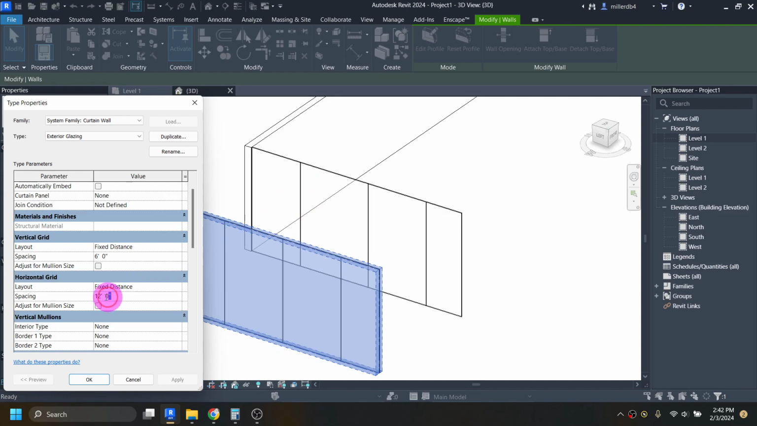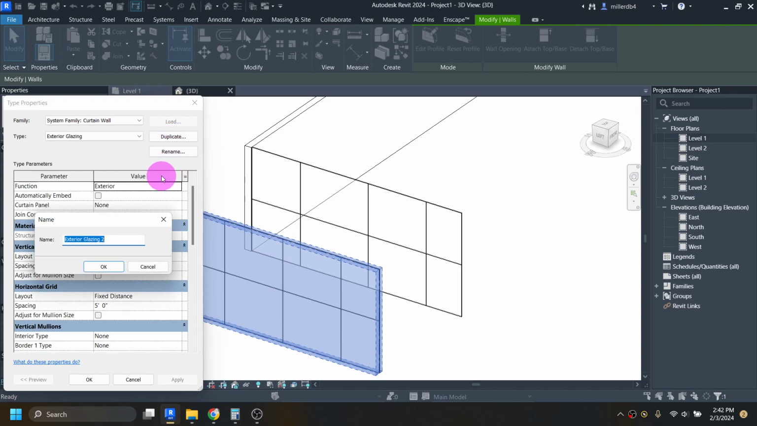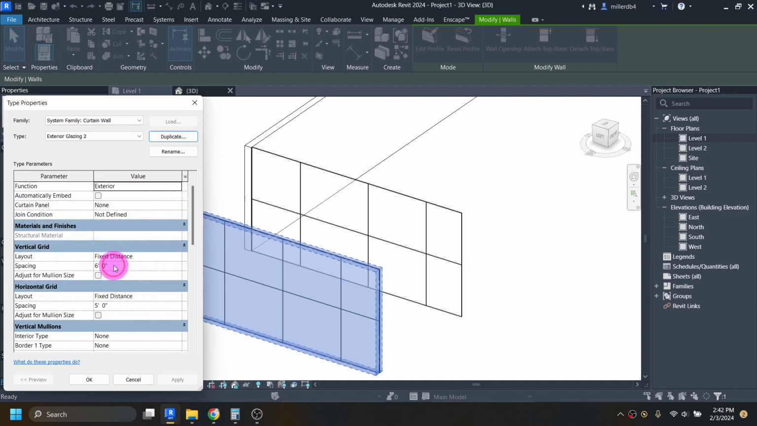If I was to change this to say 5 feet and hit apply, we can now see that it put a little horizontal spacer. One thing you hopefully notice is that it put one here and here, and that's because these are the exact same window type. So if I wanted this one to operate individually from this one, I'd have to duplicate it and give it a different name. I'll just leave it named as glazing 2. And then I can change my vertical spacing to 3 foot and my horizontal to 7 foot. And when I hit apply,